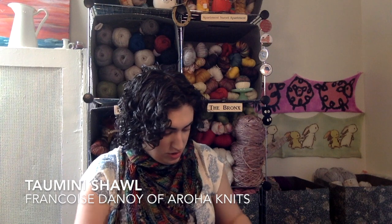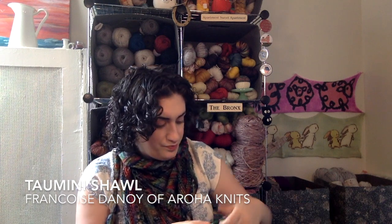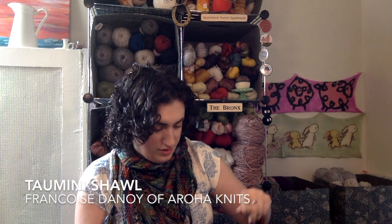Okay. Next WIP is in a bag by Otterly Adorable Knits. I have notes today, like extensive notes. It's in a bag by Otterly Adorable Knits. It is my birthday cast on, the Taumini shawl, and it has grown substantially since the last time I showed it on the podcast. This is the shawl that caused all sorts of...